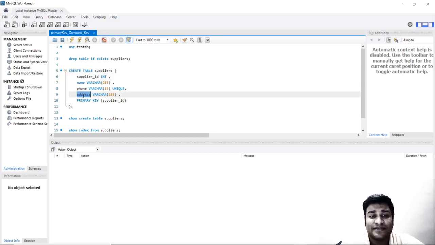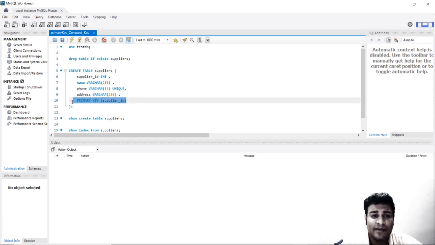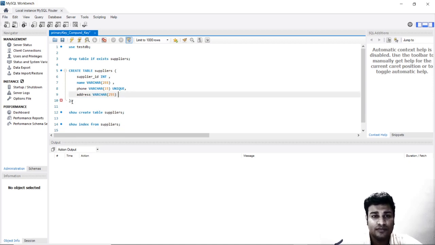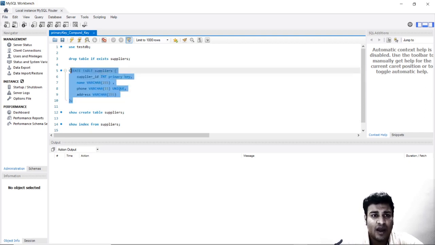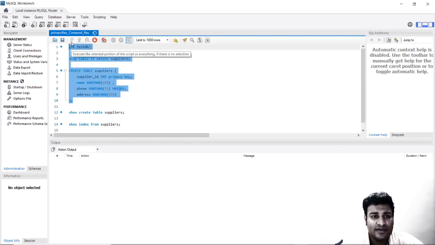Then we have the address. Again, the address will be unique, but there might be a scenario that you do not have the supplier address, correct? Or maybe two suppliers are using the same address, they are in a co-working space, right? So there are a few ways you can create a primary key. First is, you can just type in over here, say primary key, and save it. Now I will just go ahead and run these queries